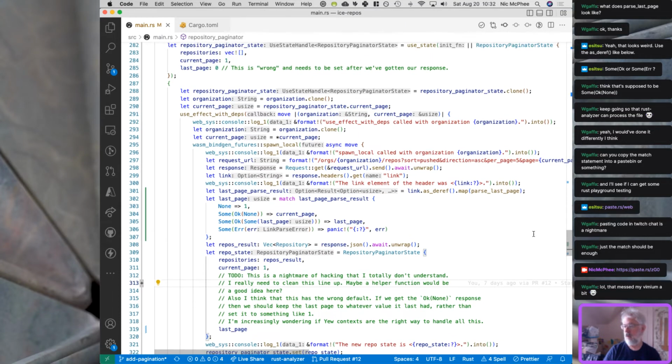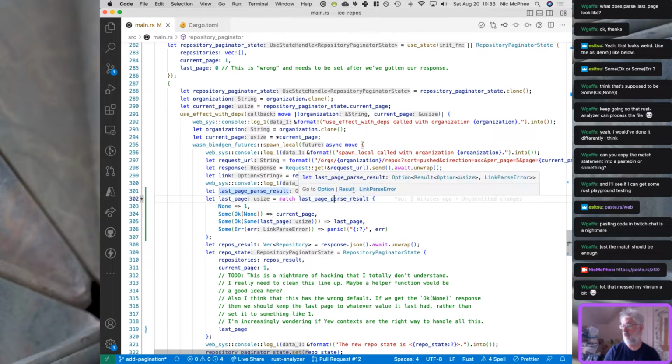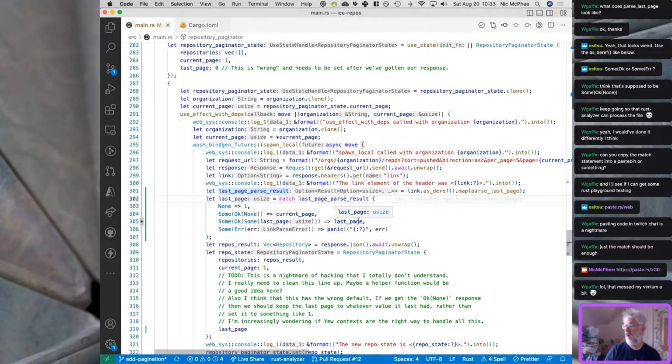We could do that. I mean, a question. Are we okay with last page result? Parse last page, returning this option result option. Well, I guess parse last page just returns a result option. And are we okay with that, or is the problem at some level there? I kind of feel like it's not. I sort of feel like the problem is about how we handle it here. So I wonder if